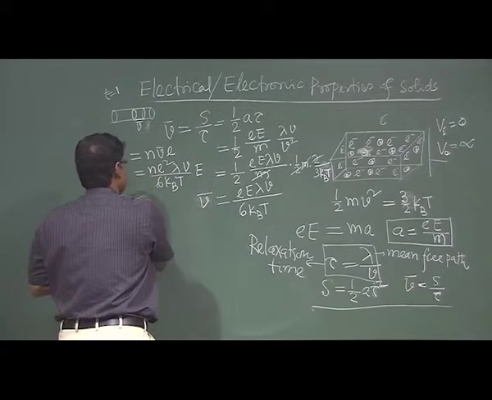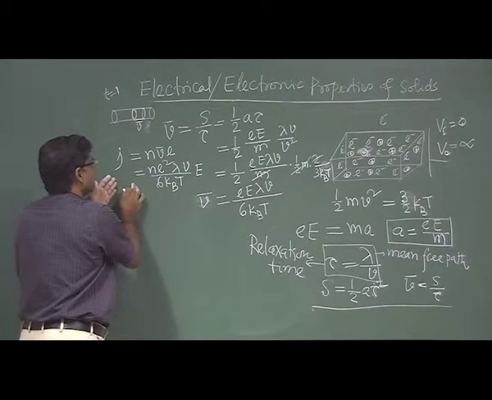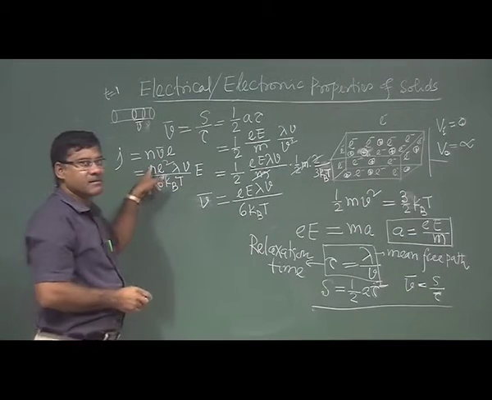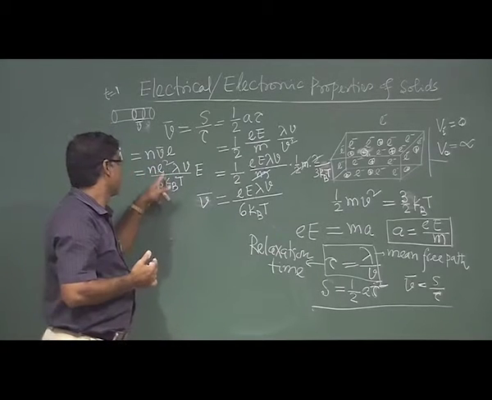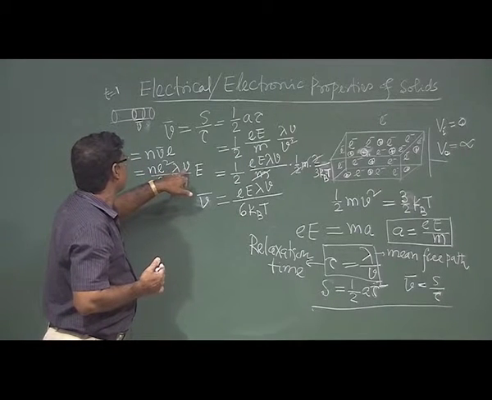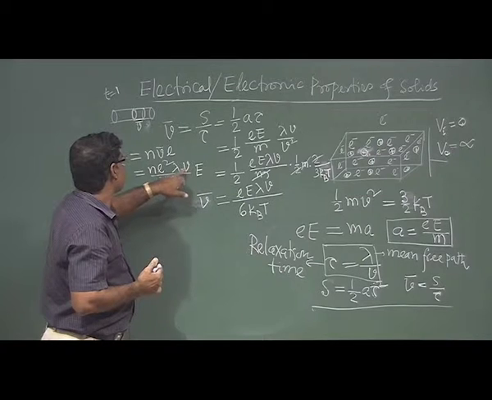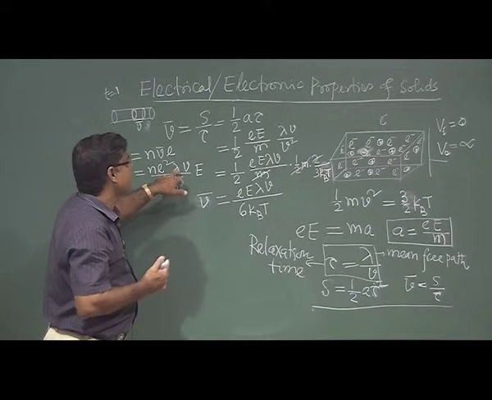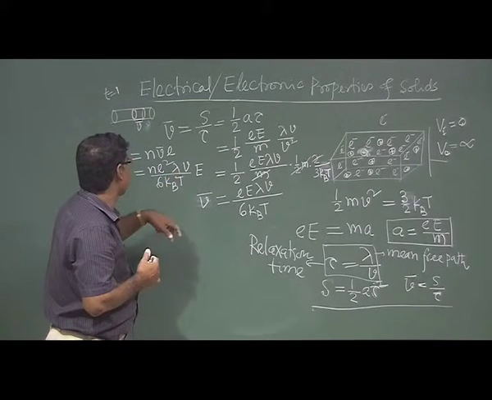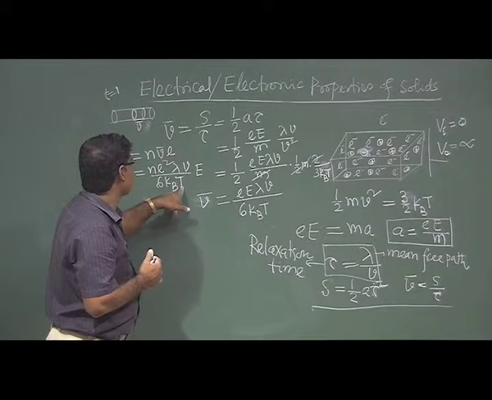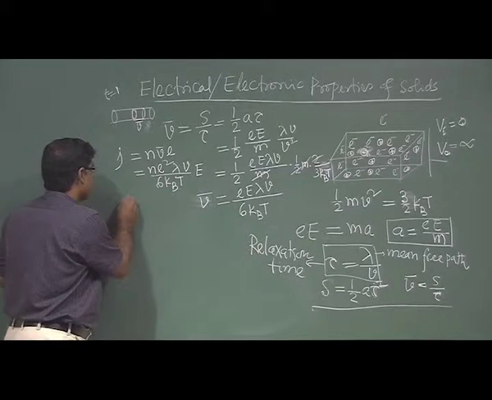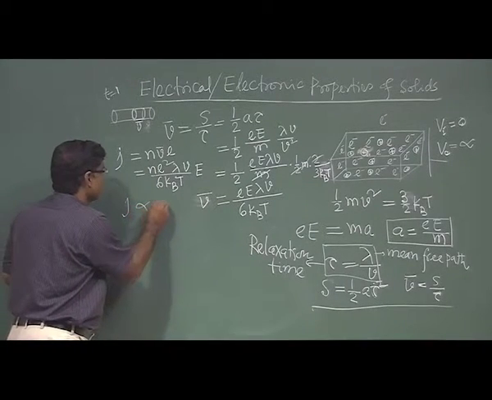So, this is now an expression from which I can see that n, for a particular material, is constant. These are all constant, and this lambda, this V. Okay. So, this lambda will depend on the material, on which metal we have taken, right. And for a particular temperature it is constant. So, here I can write that J is proportional to E